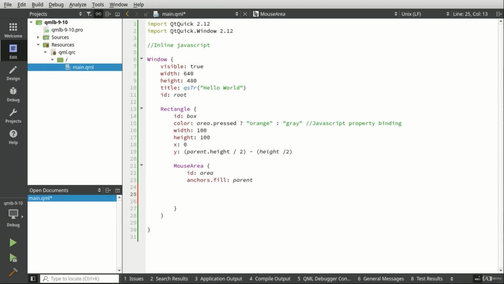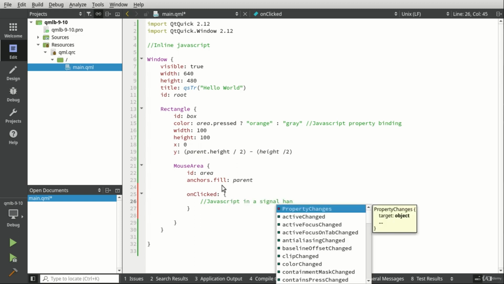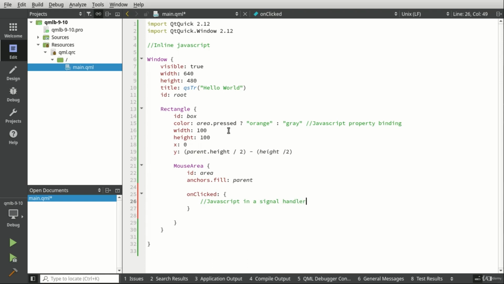Now, we want to do this in a signal handler. We've done this before. These should look very, very familiar. Sometimes using a ternary operator in a property is a little cumbersome, and QML does not always pick that up. So definitely test it for your specific version. I'm going to say print, and let's go ahead and make a var. We'll say var max equals